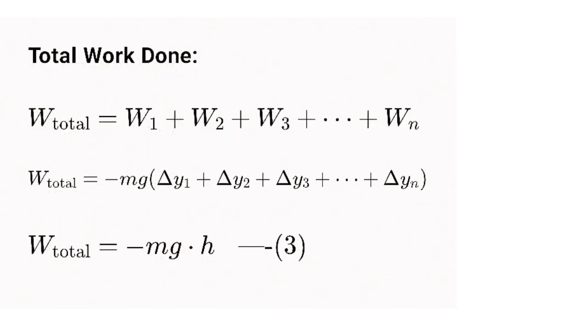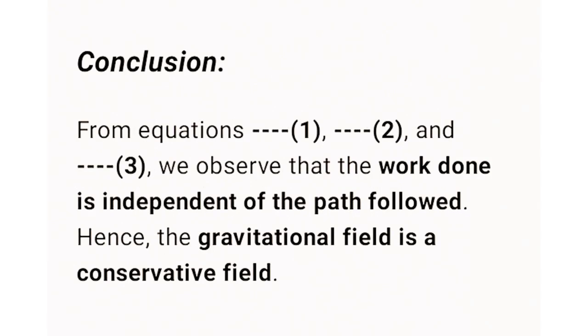Total work done. W total equals the sum of all segment works. W total equals W segment 1 plus W segment 2 plus W segment 3 plus W segment n. This equals minus mg multiplied by the sum of all vertical displacements, which is h. Therefore, W total equals minus mgh. Equation 3. Conclusion. Since the work done is the same,